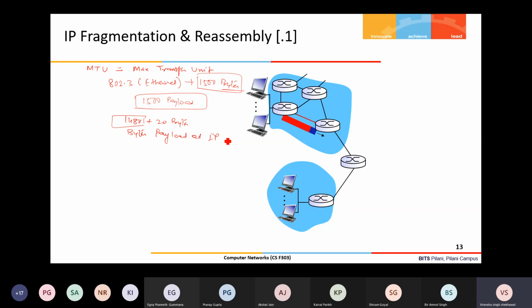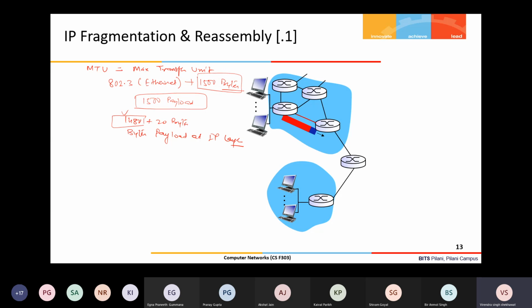This is very important to understand, right? And the payload at the link layer will be whatever data is received at the IP layer, let us say 1480 plus the IP header, and that combined number is the payload at the link layer.